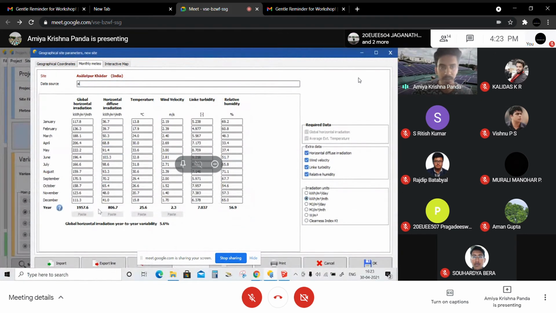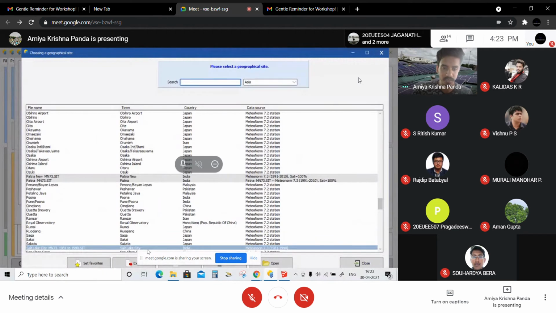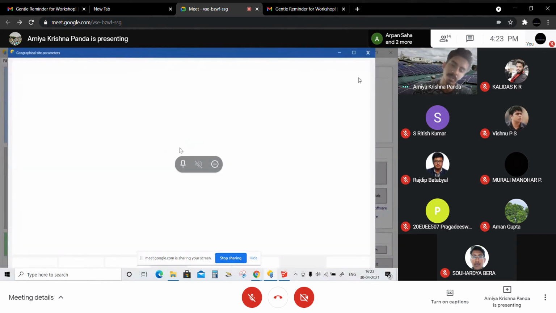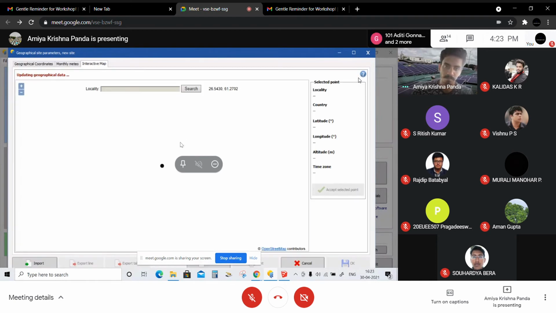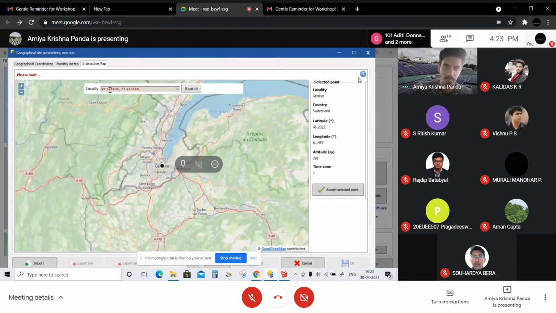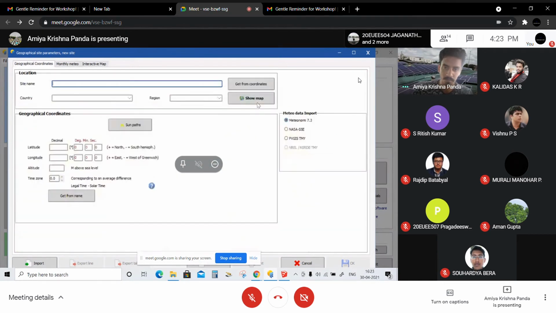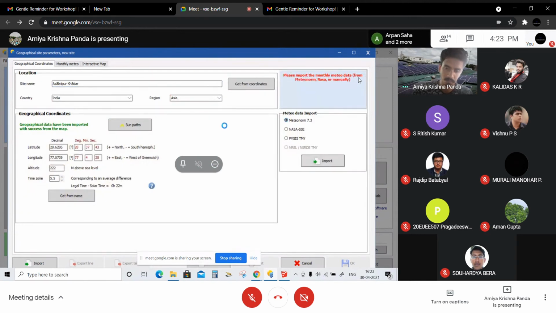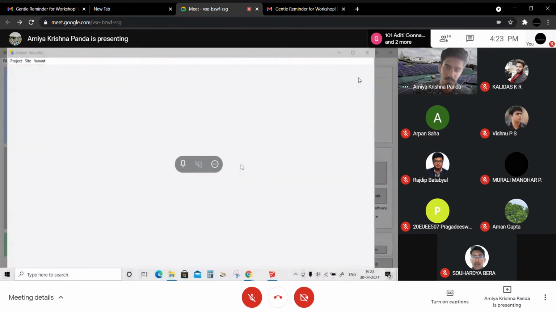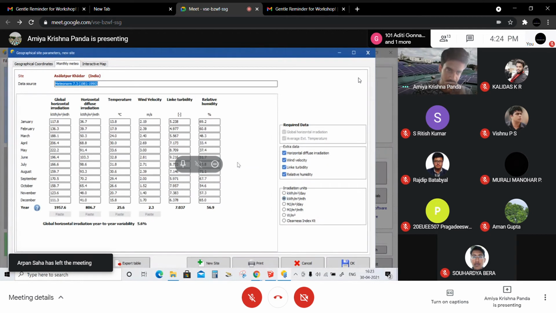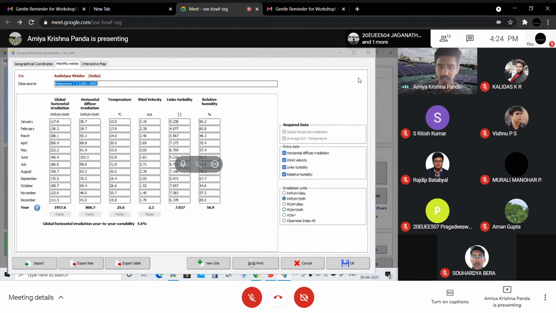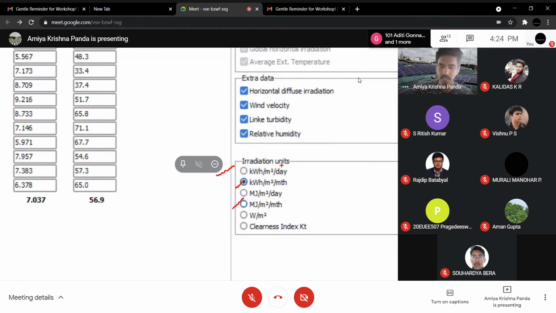Now come to the irradiance part. Now here you can see in the irradiation units there are lots of options available: kilowatt hour per meter square per day, megajoule per meter square per day, different kinds of units.